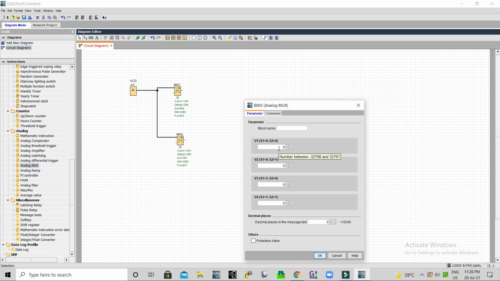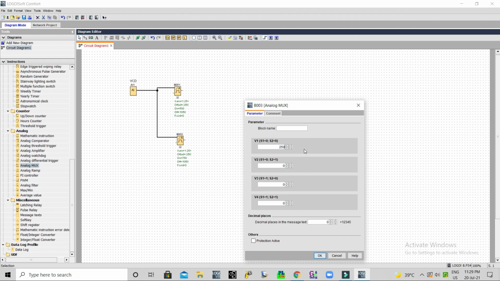If it is above 750, then it should give full value. Okay, so we have configured two blocks, one is above 50 and one is above 75. That means we need one value where both are 0. Okay, so if both are 0, that means below 50 we can give 25%.